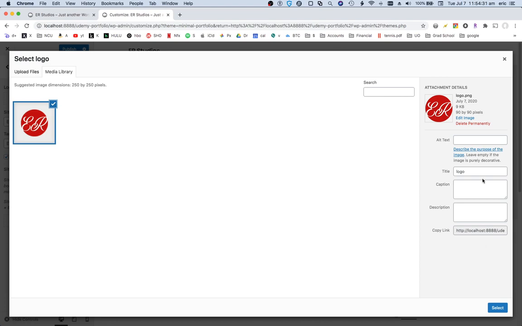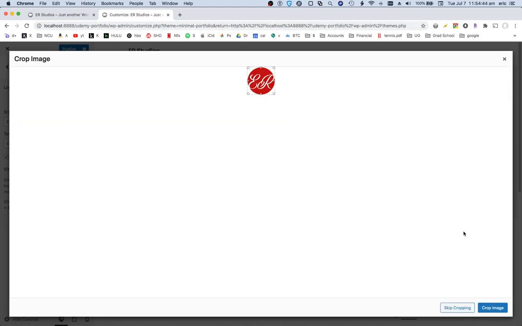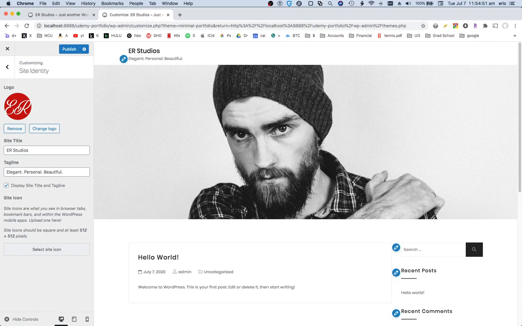Look the best. Alt text is always good, so I'm going to add that. ER Studios, and title is fine. Don't need to worry about that right now. I'm going to select it, and it's going to ask me to crop it. Since it's already a square, it's perfect. I'm going to crop it. Okay, now I have a logo on my site, and this down here,